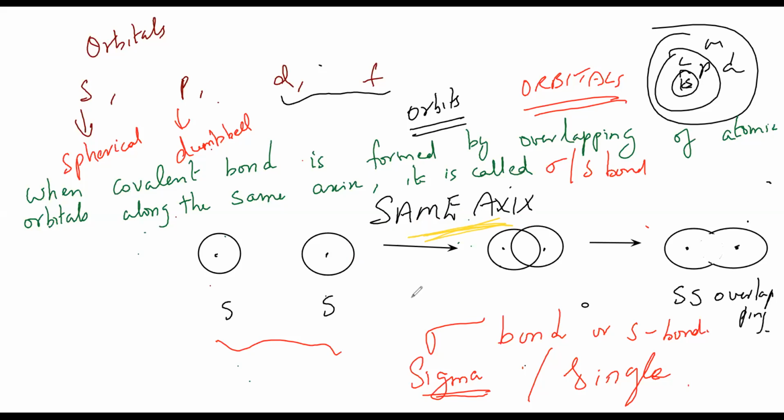Now the sigma bond is done. Now let's come to the next type of bond. That is nothing but what? Pi bond. Do not worry about this. These pi bonds are also called double or triple bonds. And I will tell you what questions will come for your entrance examination as well as your school examination.